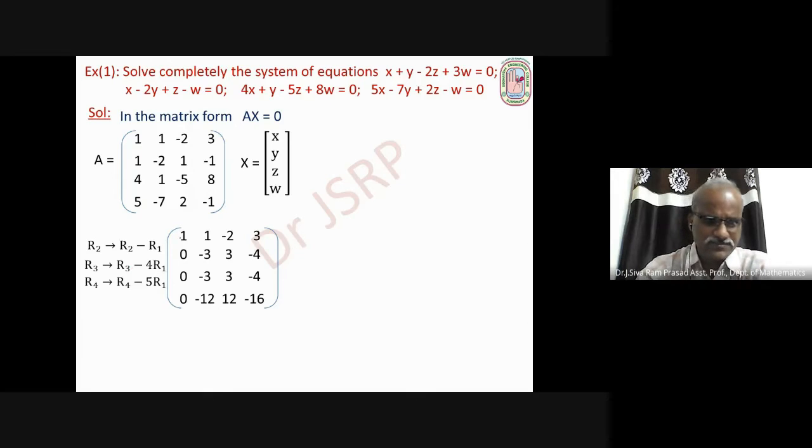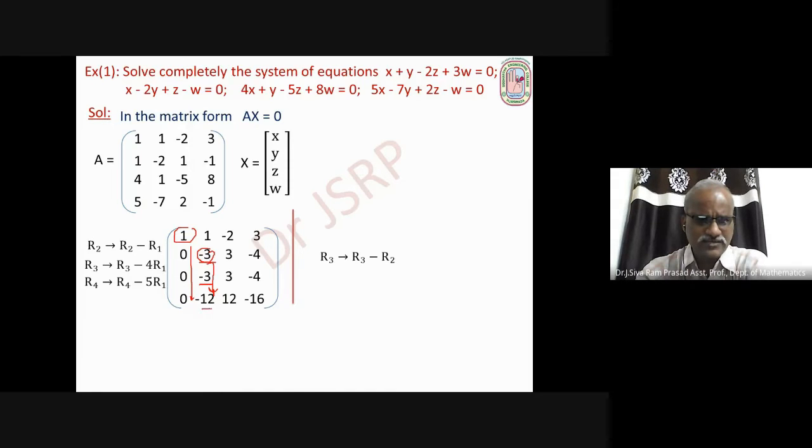Right. So in the first row, first non-zero element is 1. Below we have zeros. Okay. Next, come to second row. In second row, first non-zero element is this one, minus 3. Use it to make zeros below. Okay. So what are transformations? So here we have minus 3 in the second row. Just subtraction. R3 goes R3 minus R2.